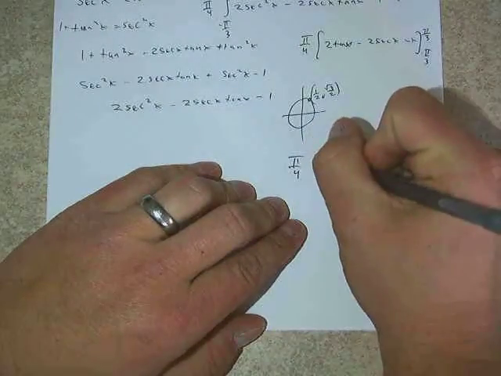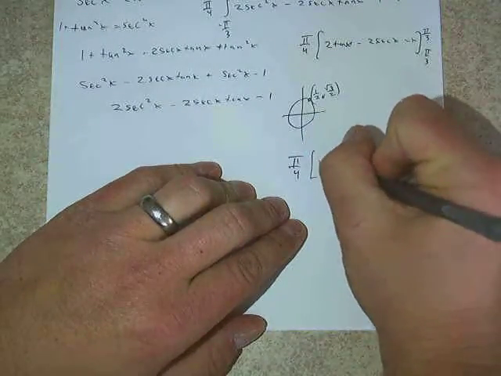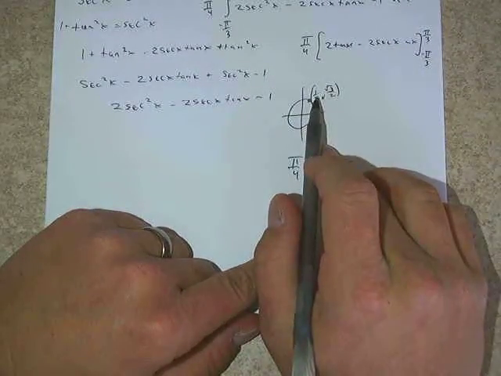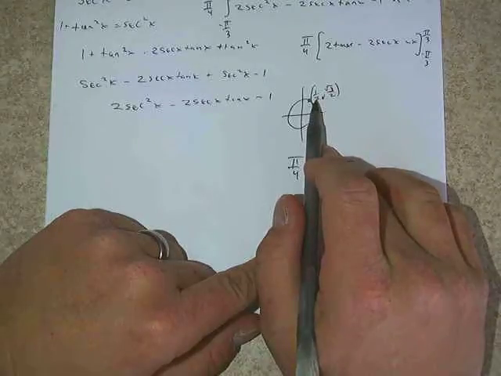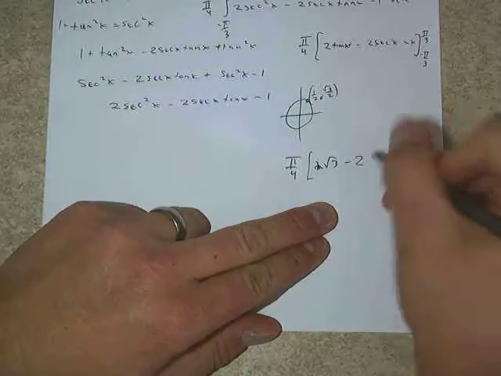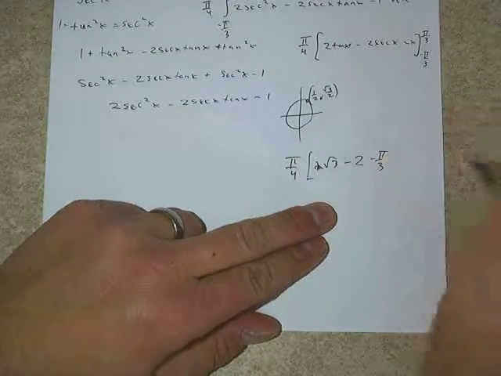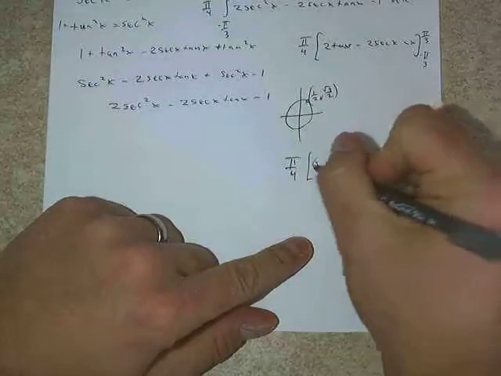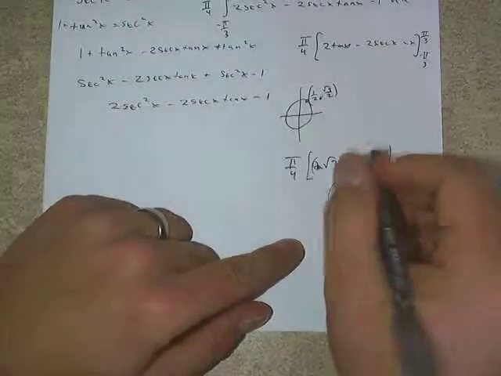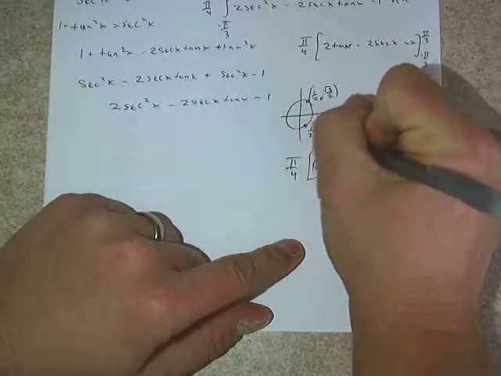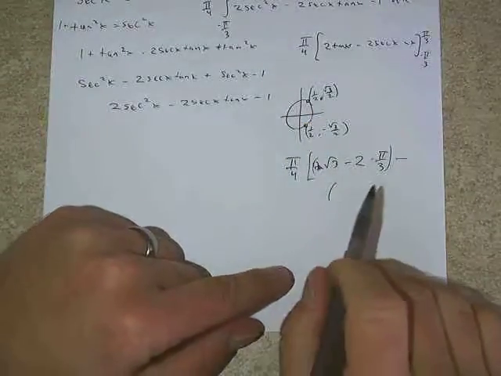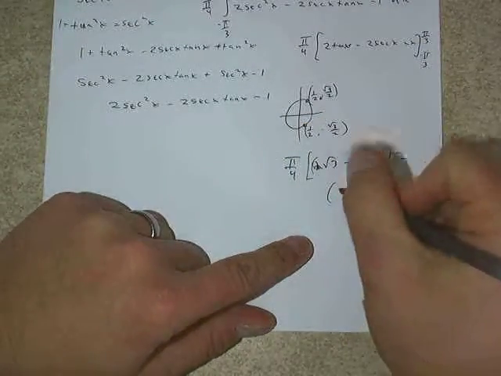And ultimately, like I said, the calculus part at this point is over. We just need to be able to put those numbers in there and do the trigonometry algebra part of getting the values here. So remember at pi over 3, keep in mind the values of tangent. We're at pi over 3, we're here. That means that we're at the point 1/2, radical 3 over 2. So this is cosine, sine, remember? So if we do sine divided by cosine, tangent of pi over 3 is just going to be radical 3. So if I have pi over 4, we'd have 2 radical 3 for that part,